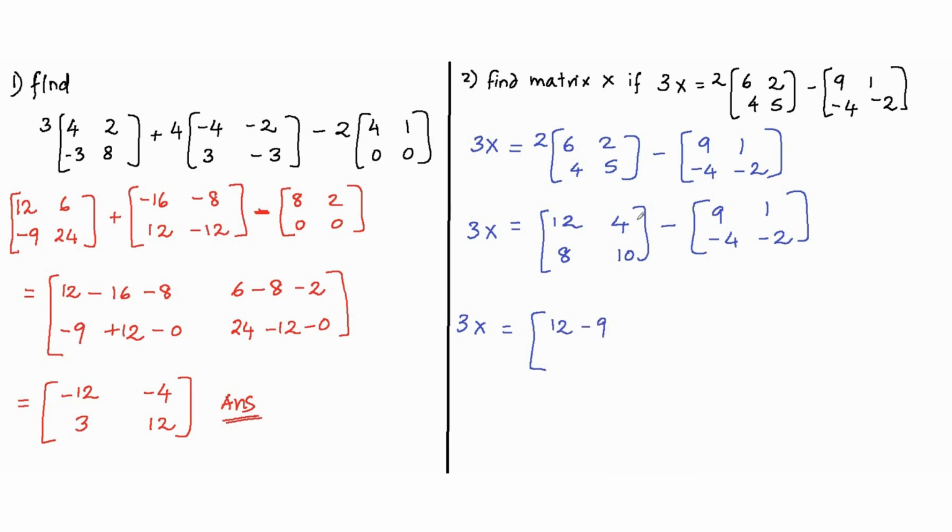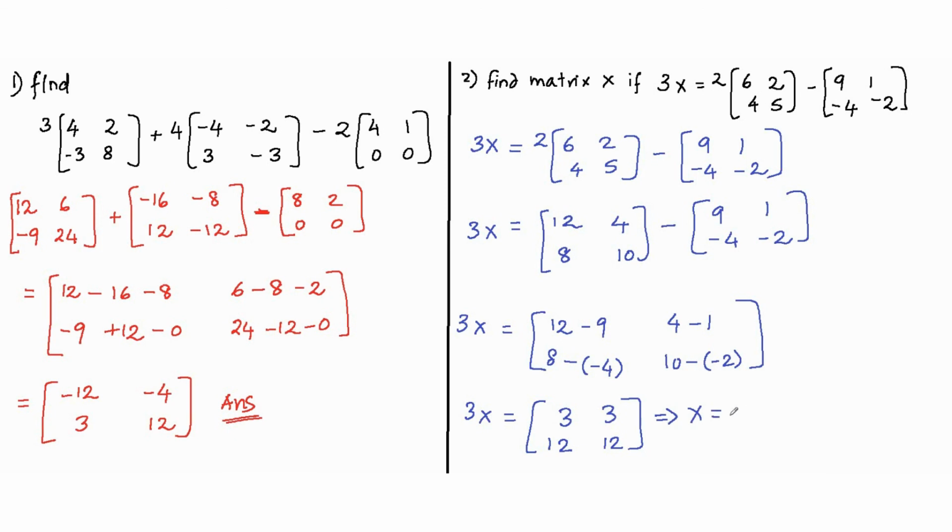12 minus 9, 4 minus 1, 8 minus of minus 4, and 10 minus of minus 2 is what I have. And therefore 3x becomes equal to 12 minus 9 is 3, 8 plus 4 is 12, 4 minus 1 is 3, 10 plus 2 is also 12. Now 3 is in multiplication with x, therefore on the other side 3 will go down to division. So it becomes 1/3 of [3 12; 3 12], which is equal to